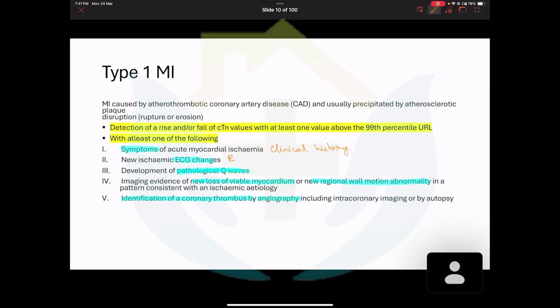Then of course you are doing the ECG. There are two things. The fresh ECG will also show these ischemic changes, that is ST depression, ST elevation, and Q wave changes, and Q wave changes will be in the second ECG. But if the patient has been delayed, if the patient has appeared at 4 hours, 5 hours, then the Q waves can be in the first ECG also. This is the echo, which can be done at the bedside. And finally, this is the cath lab finding. So this was about type 1 AMI.